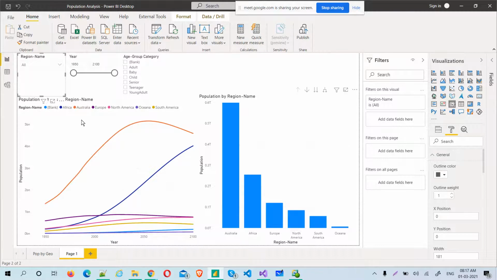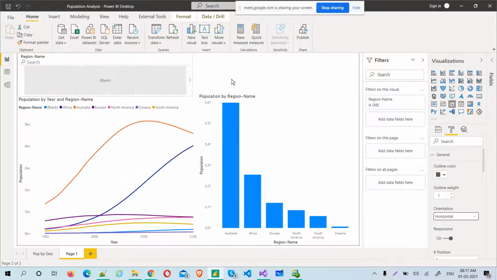So what you should do is select any slicer with the list, and then if you want to go with horizontal orientation, that slicer should be in the list. Now let me show you all these things.